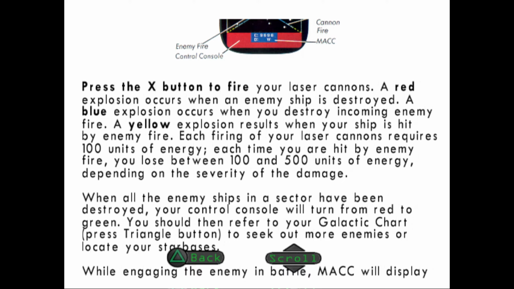Press the X button to fire your laser cannons. A red explosion occurs when an enemy ship is destroyed. A blue explosion occurs when you destroy incoming enemy fire. A yellow explosion results when your ship is hit by an enemy fire. Each firing of your laser cannons requires 100 units of energy. Each time you are hit by enemy fire, you lose between 100 and 500 units of energy, depending on the